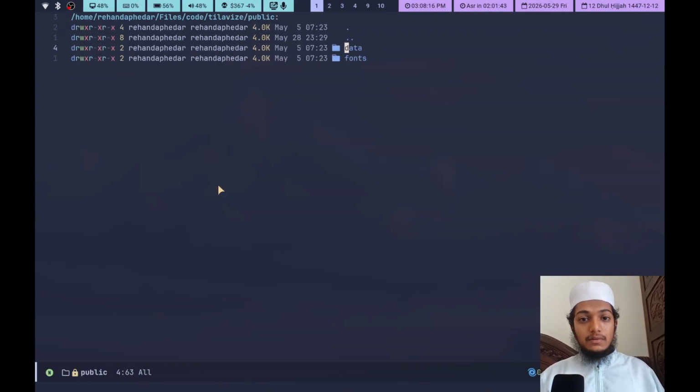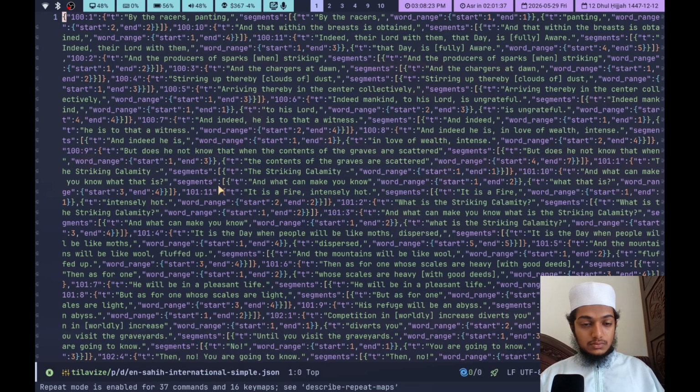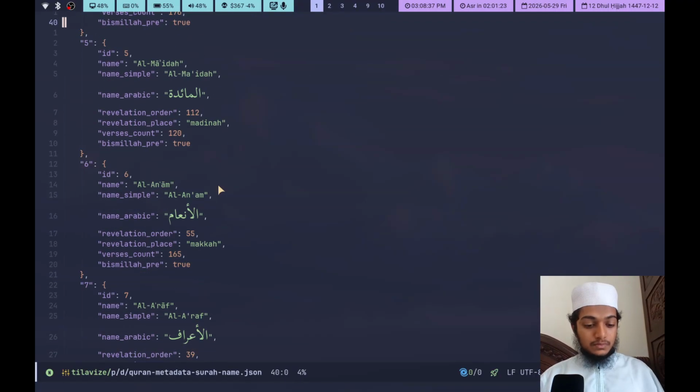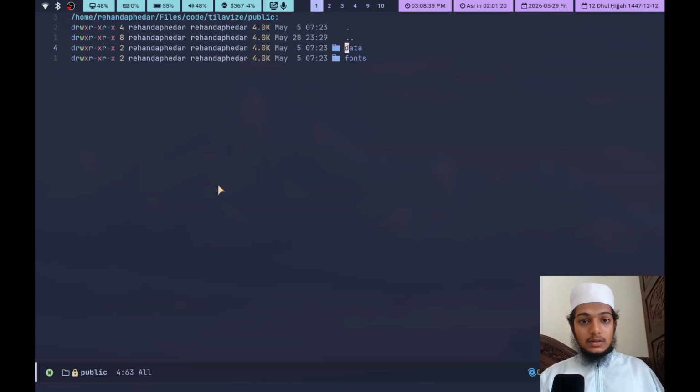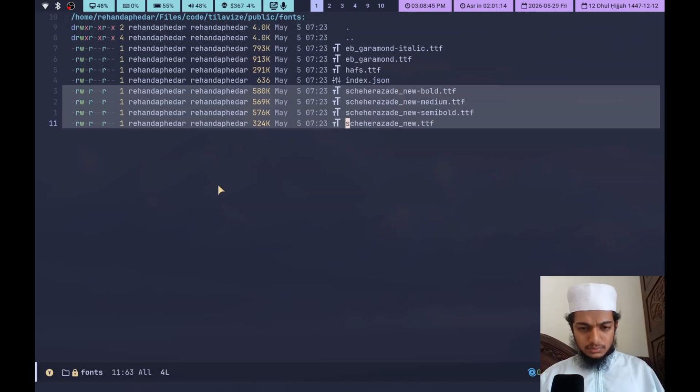In public, we have data, and here I have put the translation, the word by word Arabic text JSON file, I'm gonna load that. It's gonna take time. And the surah names metadata. And in fonts, I have all of these fonts.